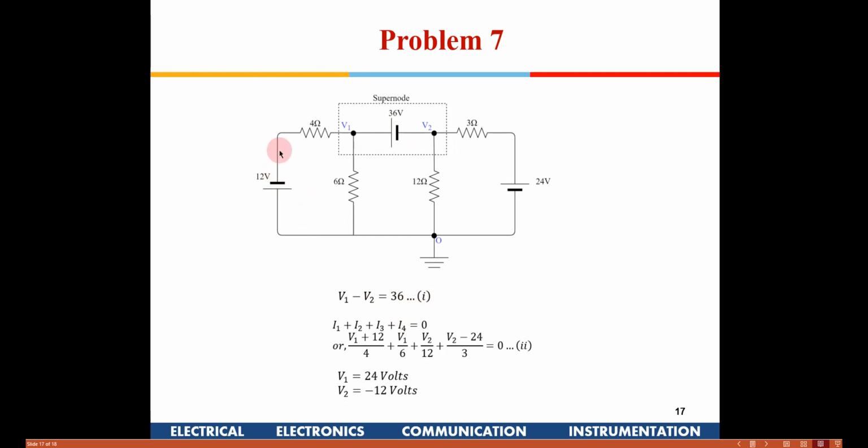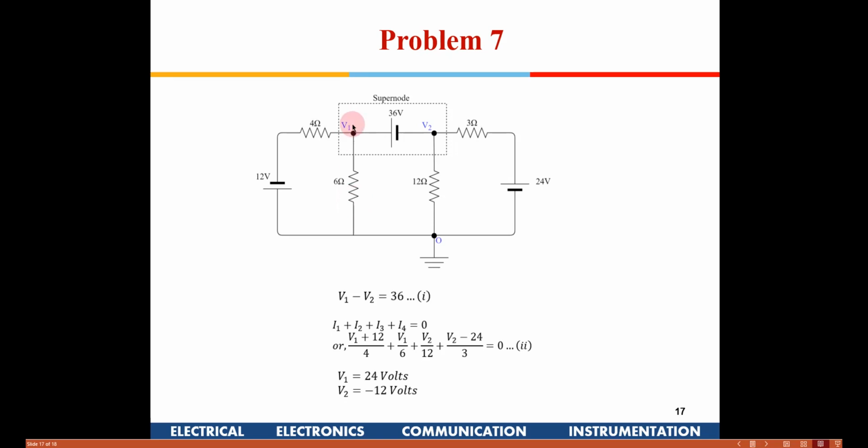Super node is from this 12 volt through this 4 ohms. Okay, no, super node, sorry. So we are assuming the current which is coming here is going to come out from these nodes. So we have V1 minus 12 it should be generally, but the polarity, if you see here, the negative portion is connected here, so it has become V1 plus 12 by 4. That is the current which is coming out of the node. Here we are taking the current which is coming out of the node to be positive. Again V1 by 6.